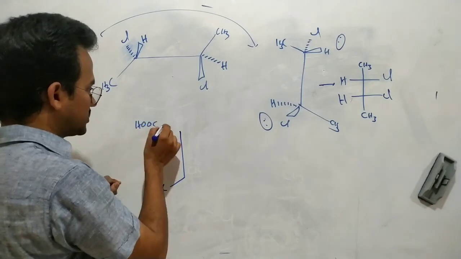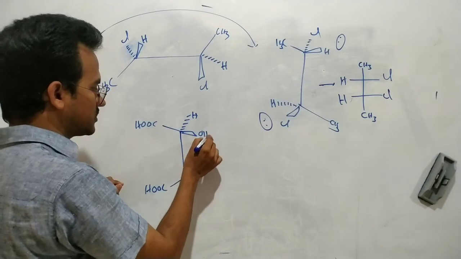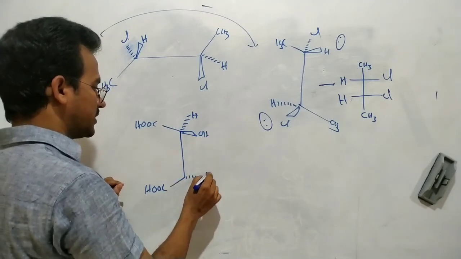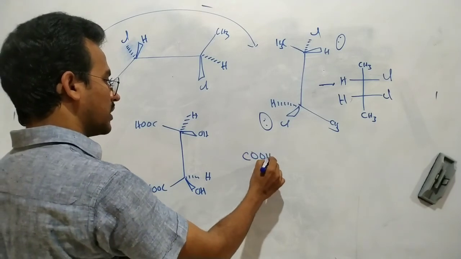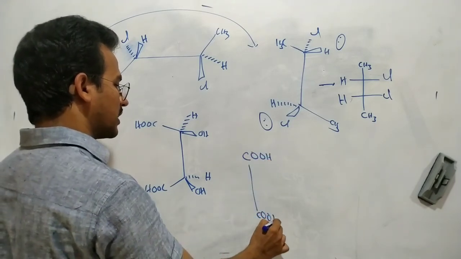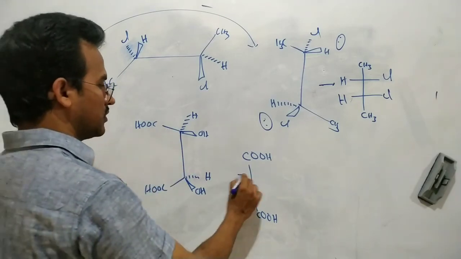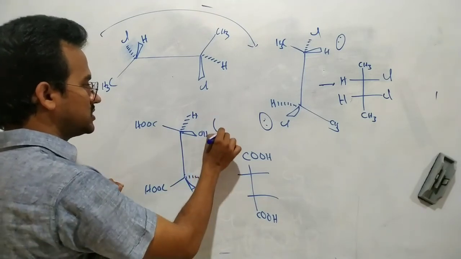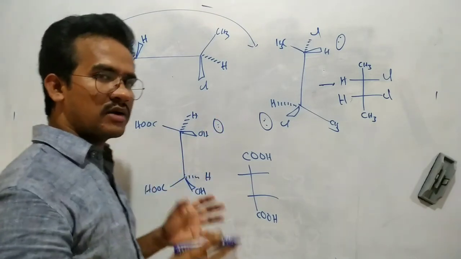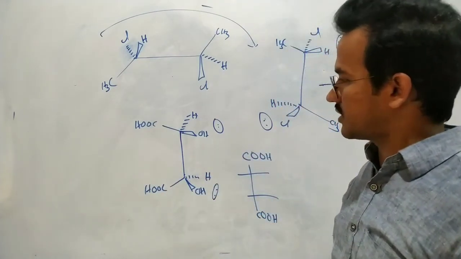Here COOH. This is a hydrogen. This is an OH. This is a hydrogen. This is an OH. Now whatever groups are on the plane must be written on the vertical line. Here this COOH on the plane, here this COOH on the plane. That's it. This is one chiral carbon, this is the other chiral carbon. In this case, for the two chiral carbons we are looking from the right side, here also looking from the right side.